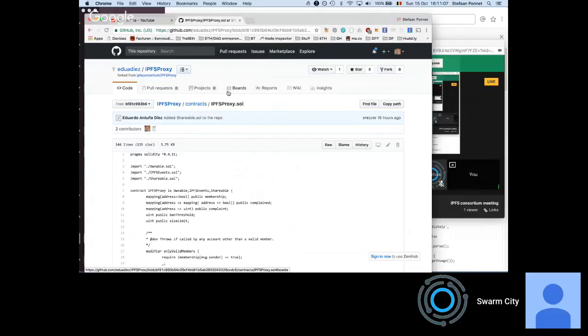Yeah, so maybe let me talk a little bit about the broad idea of the IPFS consortium, so that might also answer your question at the same time. The reason we wanted to start the IPFS consortium is that for our project in Swarm City, we are using IPFS already to persist some data of our users.